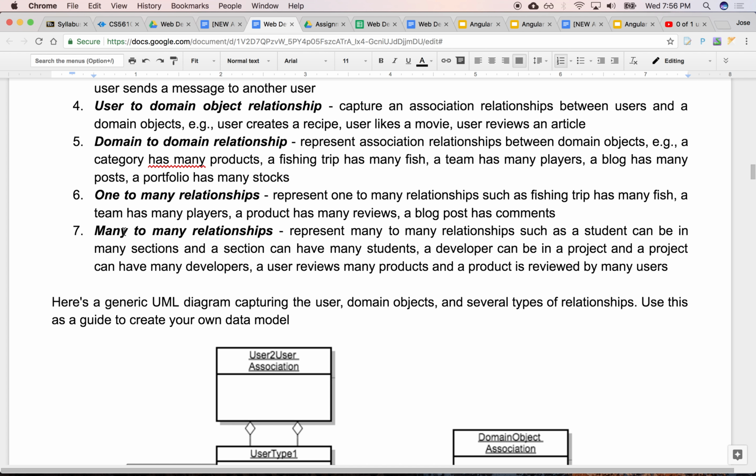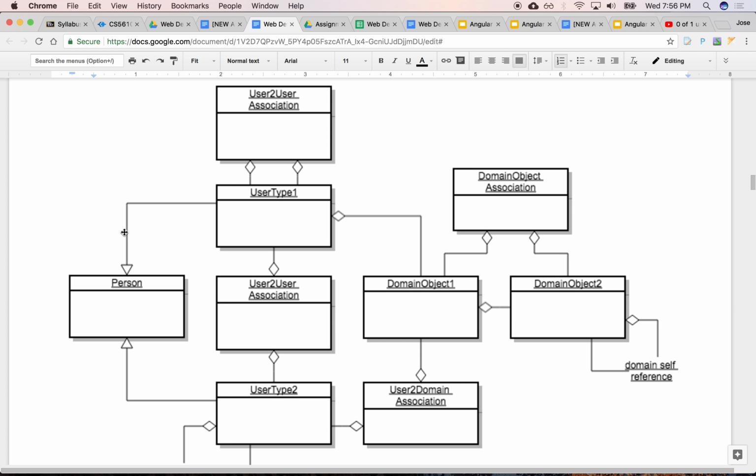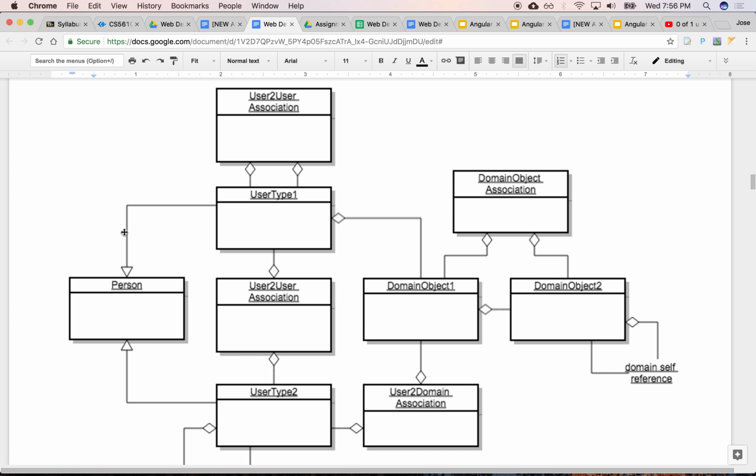So down below we have some example data models for. I'm sorry. No, this is a very generic, high level class diagram that tries to illustrate all the different types of relationships. It doesn't mean that this is the diagram that you're going to use, right? It's just a very generic way of capturing everything. Let's see. We have two types of users.